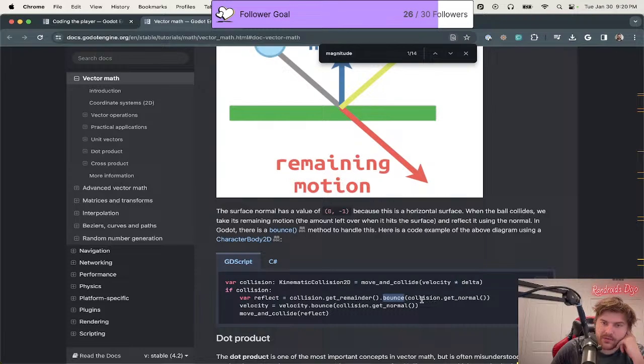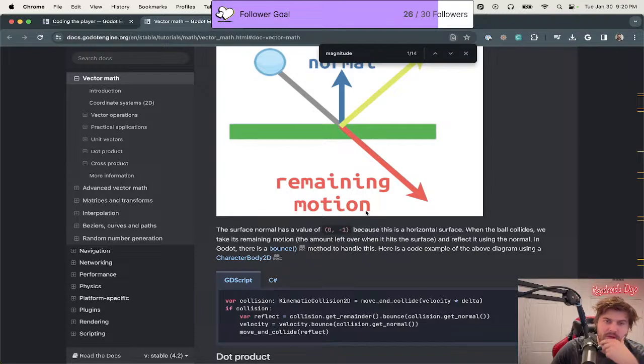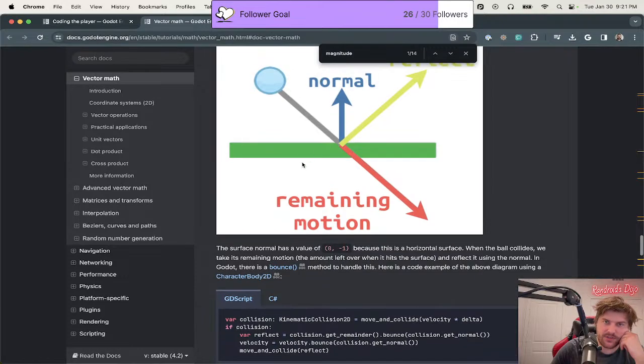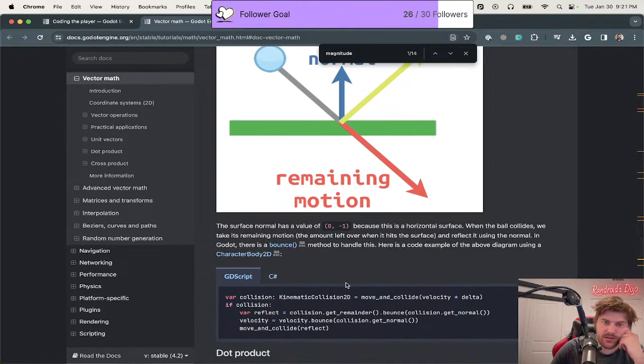call bounce. collision.get_normal to get this normal. Calling bounce on the remainder, passing a normal, it's going to return this reflect vector. The velocity should equal the velocity dot bounce collision.get_normal. So just trying to get the direction from where it hit. This dot bounce takes the collision normal as well,